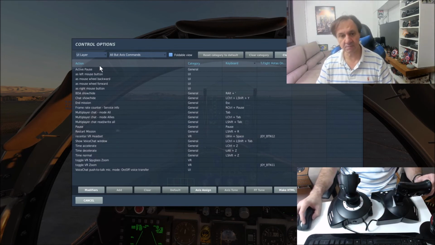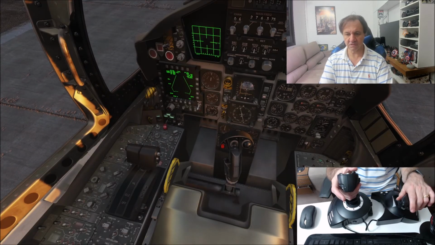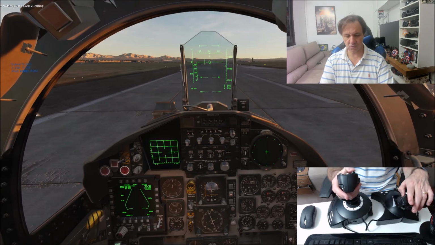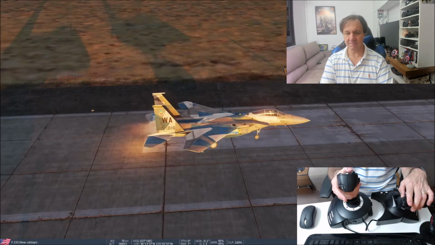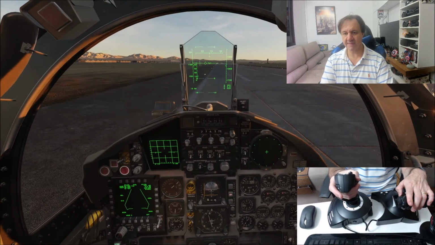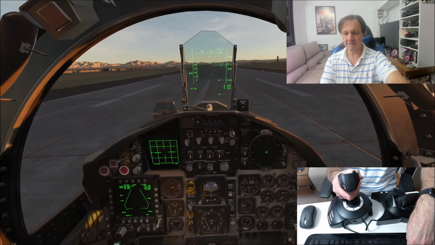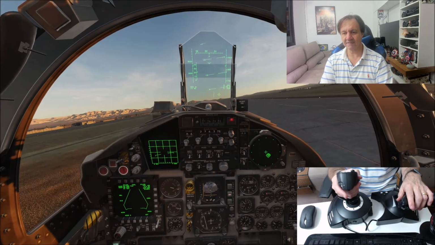You don't like it. So let's go now to the airplane. I go to the throttle. You see, it's working. I go to the views. See, only one button was not mapped. But I like this one. Okay. I'm going to fly.